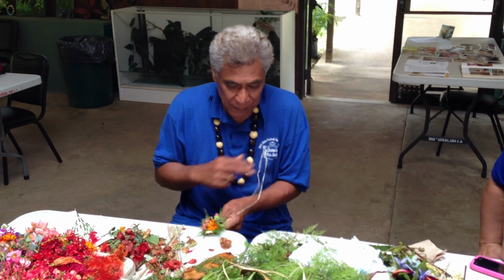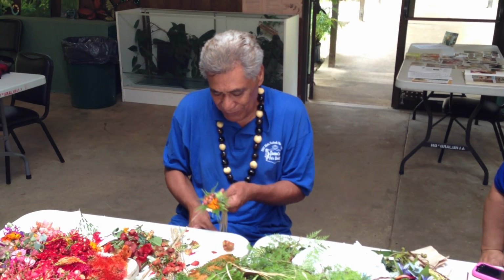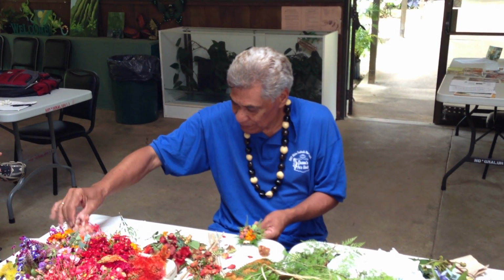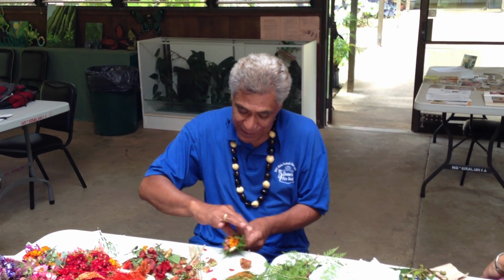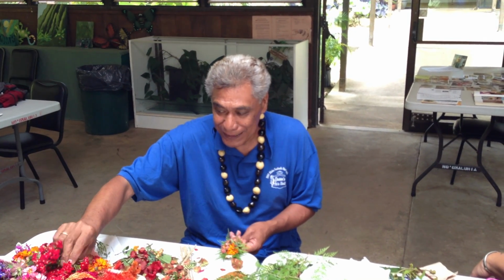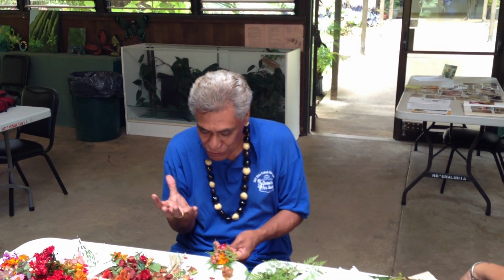When do you put the backing on? See, the easiest way to do it, and this is why I say I use a lot of ferns, is whenever you put the fern in the front, you put the fern in the back. Some people say, oh, this is the best because it fills so much. Don't get carried away with this. Because some people get carried away with it and go, oh, this is so easy, just throw it like this, and do this, and do that. And then you end up with this huge